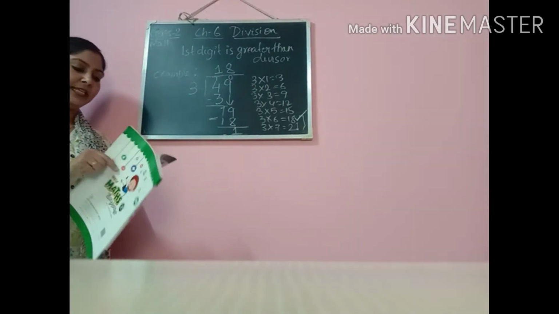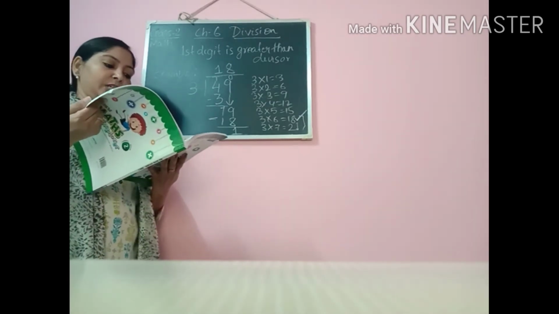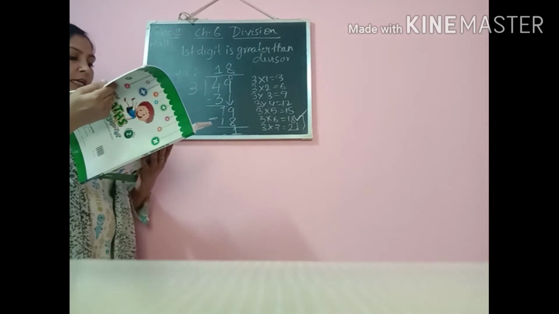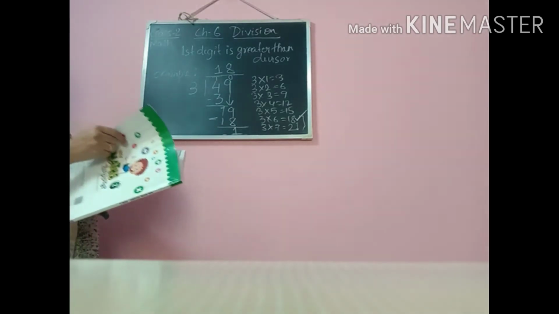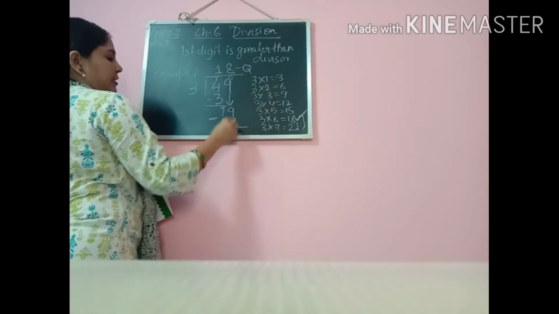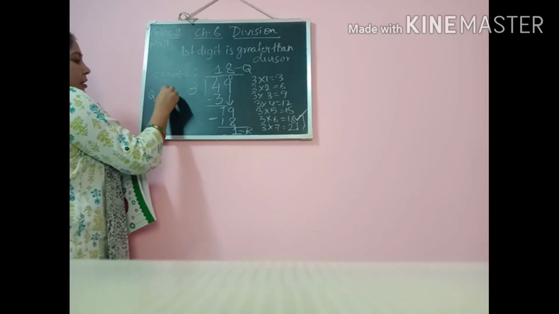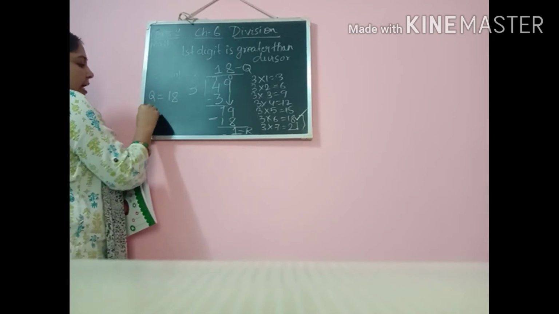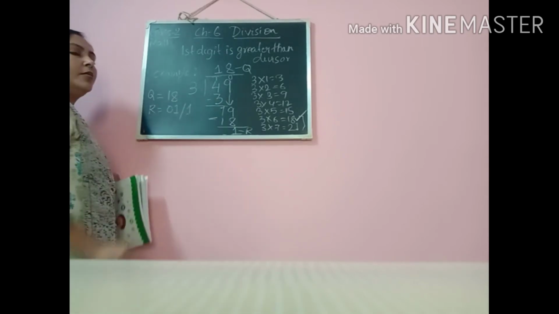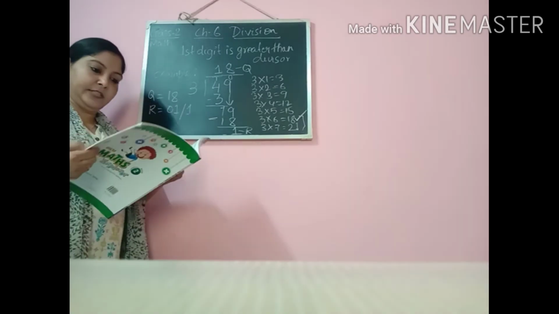Okay. So like this you are going to do a few questions which are given on page number 96, right? And here you have to write down what is the quotient and remainder. Okay, we know this is called the quotient and this is the remainder. So we need to write it down separately. Quotient is equal to 16 and remainder equals 1, you can write 0, 1 or just 1, both are correct. This is how you are going to do page number 98.